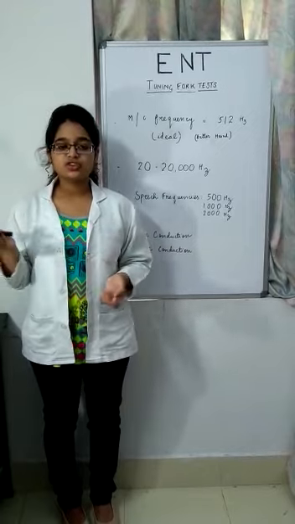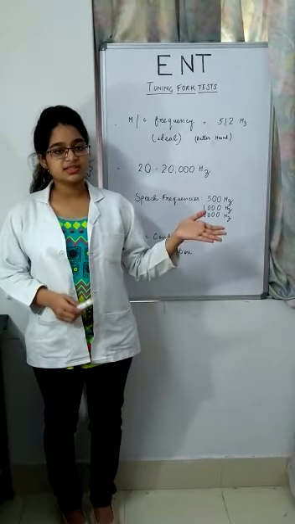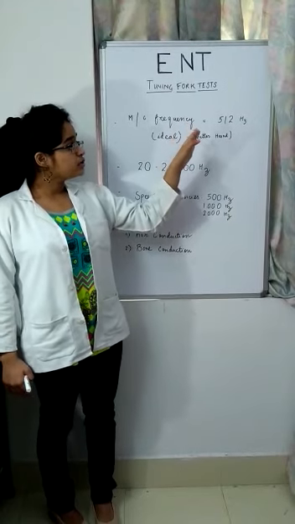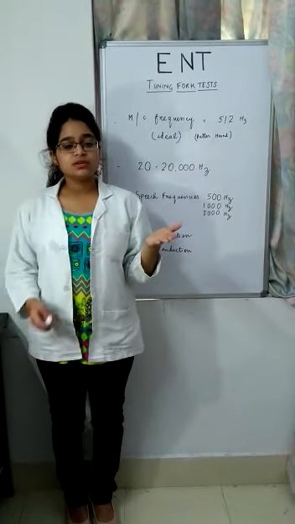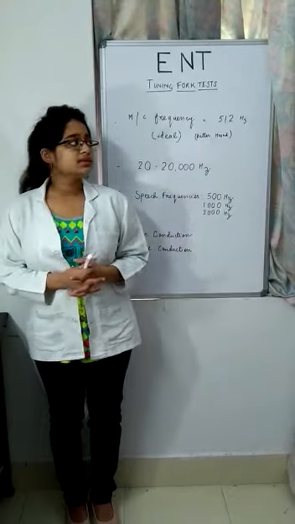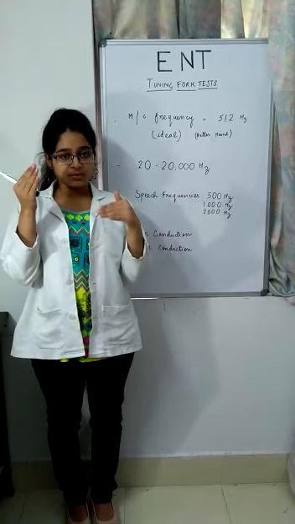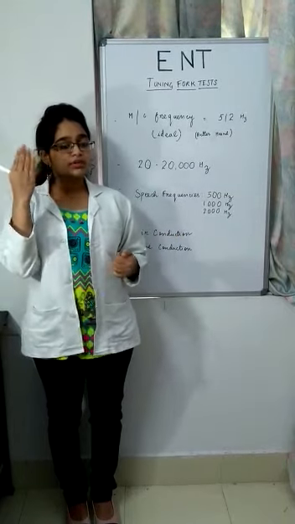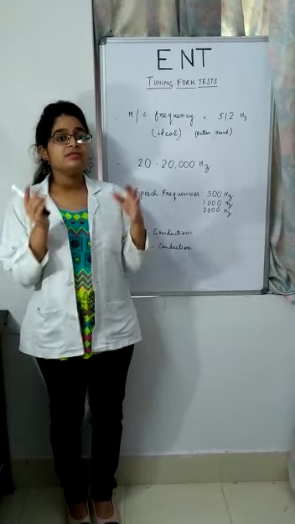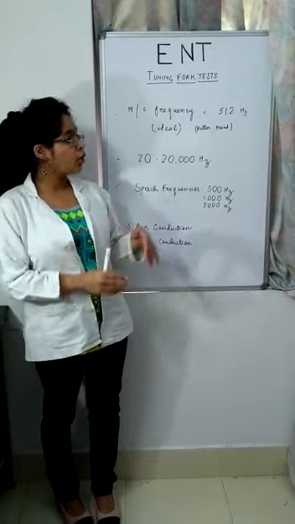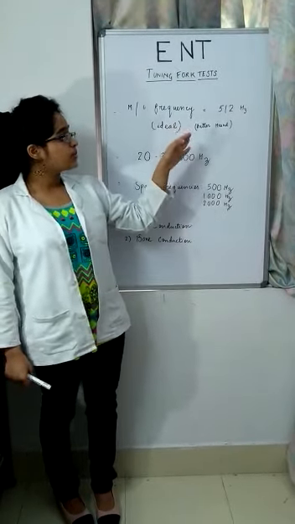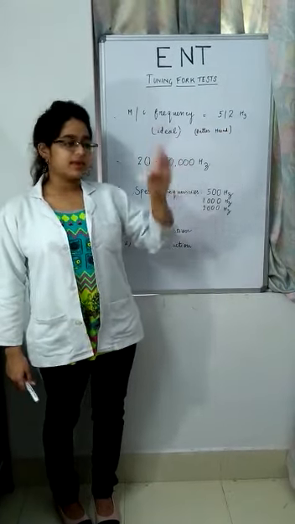Like for bone conduction or other forms of vibration sensing, we use frequencies that are less than 512 Hz. Frequencies more than 512 Hz are rarely used because the more the frequency, the lesser the time interval, as we know that frequency is inversely proportional to time. So the more the frequency, the lesser the time interval, and the faster will be the dampening of the sense of vibration. That is why more than 512 Hz is rarely used.